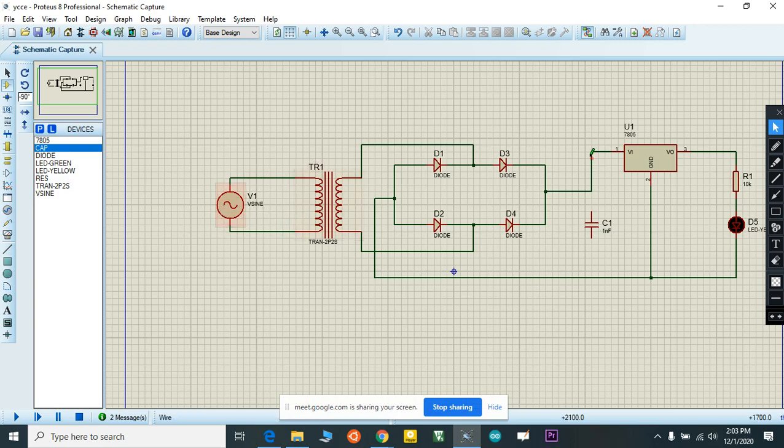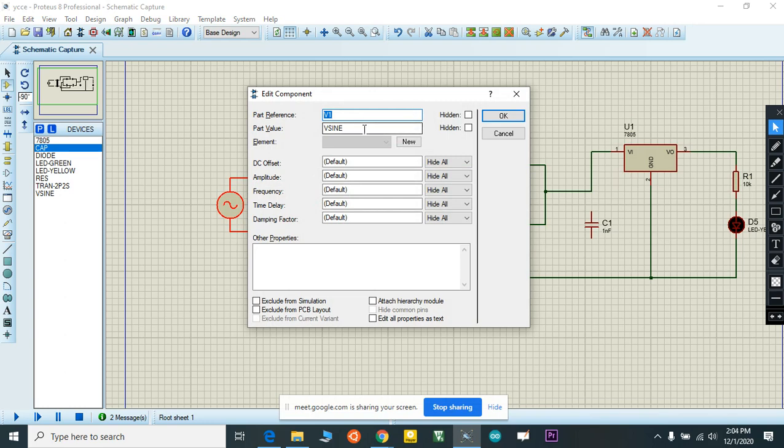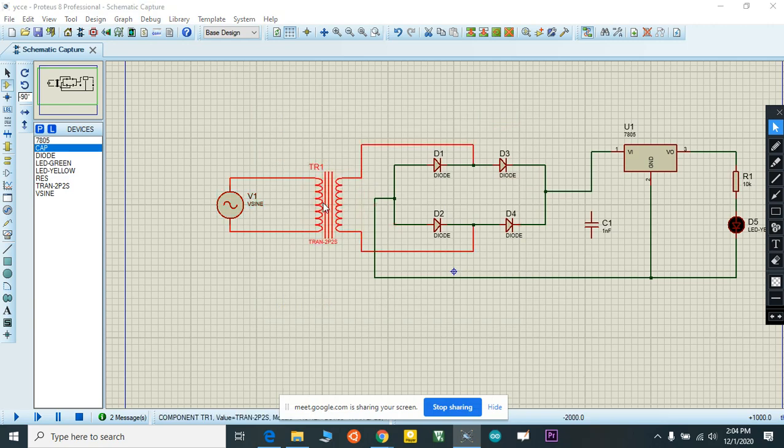Now we need to add values. V sine wave, part value, reference, amplitude. We need to set amplitude 230 volt, then frequency 50 hertz. Okay, it's the same. Then diode.